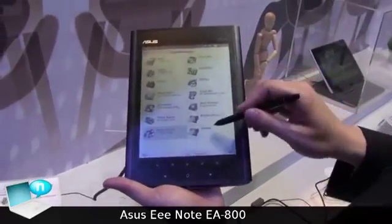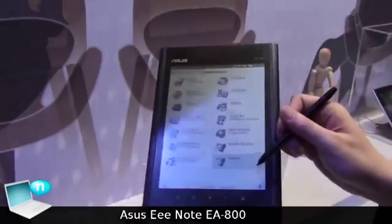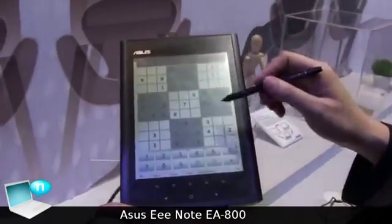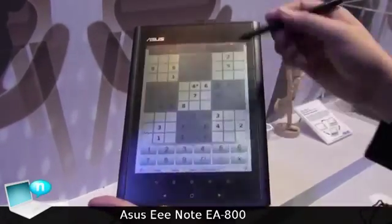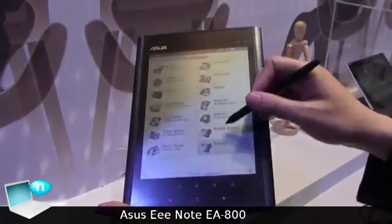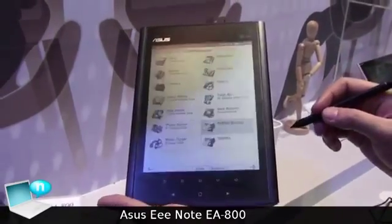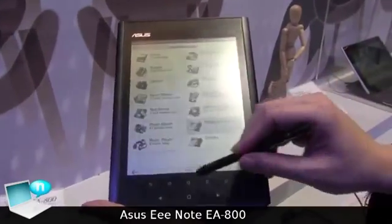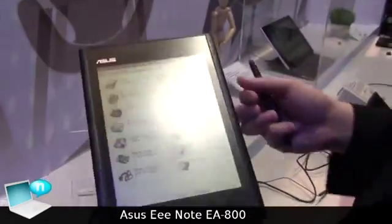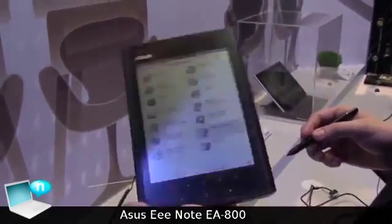Also, we got 2 games, Sudoku and Studio Cruise. I'm not a good game player for the studio, so I'll just show the screen. And also bubble break. I guess when you took this picture, the G sensor was